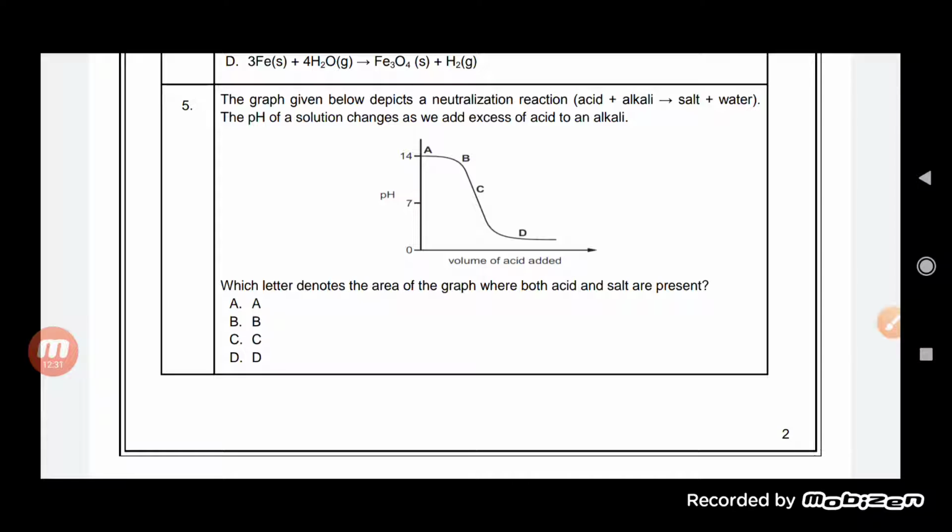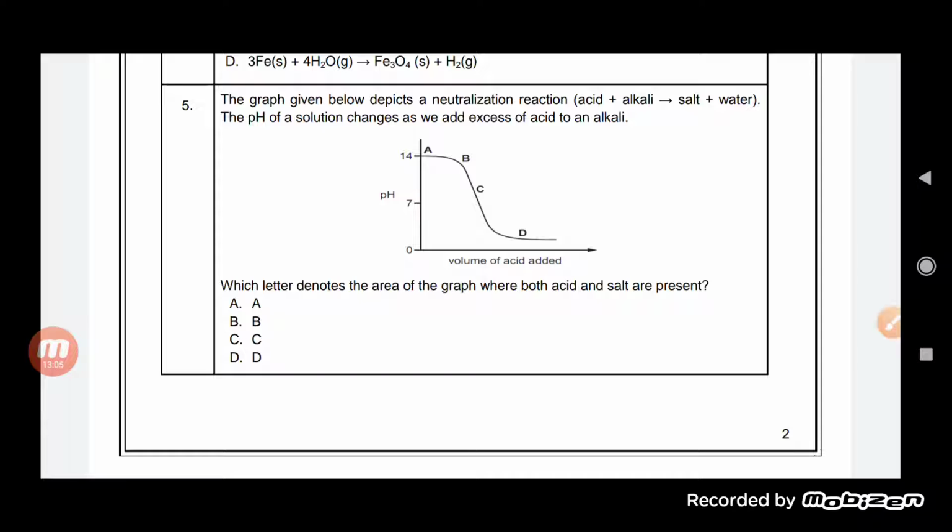The second one, in which we have taken a weak acid and a strong base. So the kind of salt is a basic salt because the base is a strong one. Third one, we have taken a strong acid but a weak base. So the kind of salt solution is an acidic salt solution. And fourth one, in which a weak acid and a weak base are taken, which combine together, and it may form an acidic salt solution or a basic salt solution.